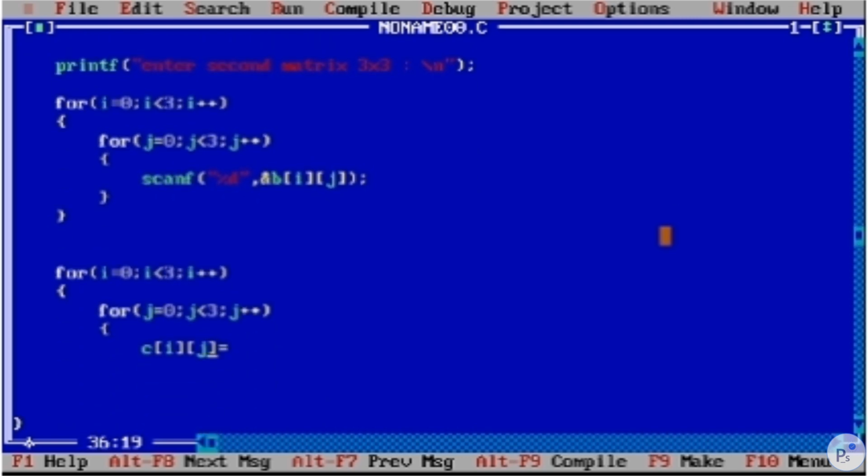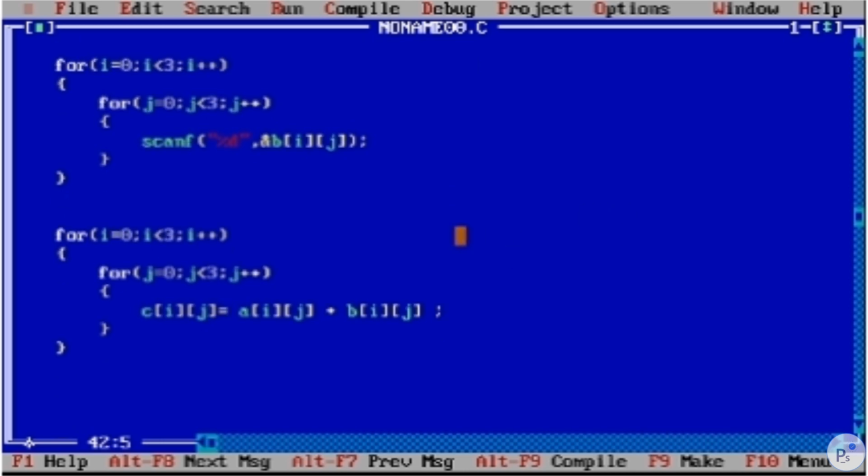So we will initialize that value with a of i j plus b of i j. This is the simple logic for adding two matrices. I will explain all the details.